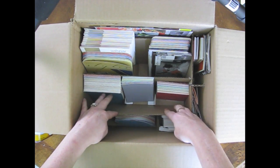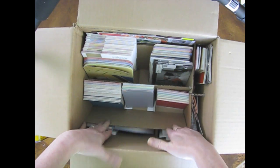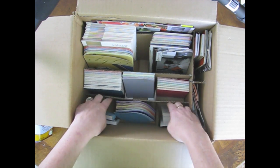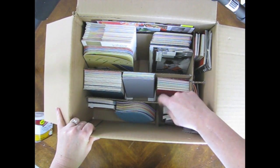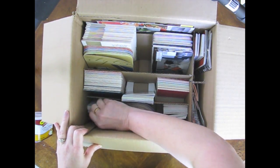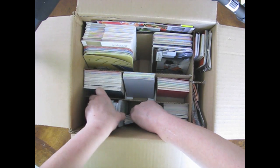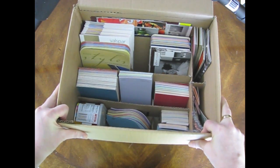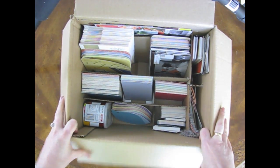There's these. And then see if I have those in another thing. I can spread these out more, and then that will move better so that I can flip. But that's all there was to it. I've got little short divider pieces here between the sections to keep everything from blending together, and I like it. You know, it's functional. It's not pretty, but it works. It keeps things separated so that I can easily find what I want and look through it, and then when I'm done I can just close it up